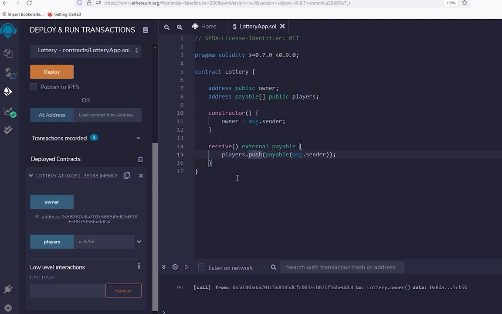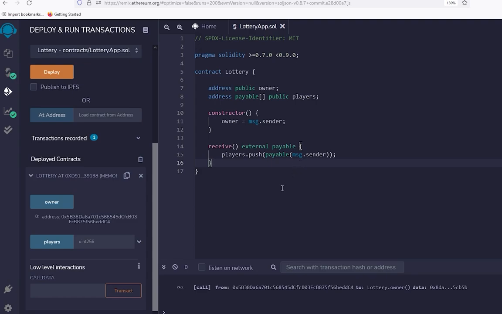I have just pushed the address, and that is message.sender, the sender of the message or the sender of the balance for now. Now that's no longer the owner address, but that will be the sender of the balance, a player who wants to participate in the lottery. So like this we can register our player in our lottery, and after that I will press Ctrl S